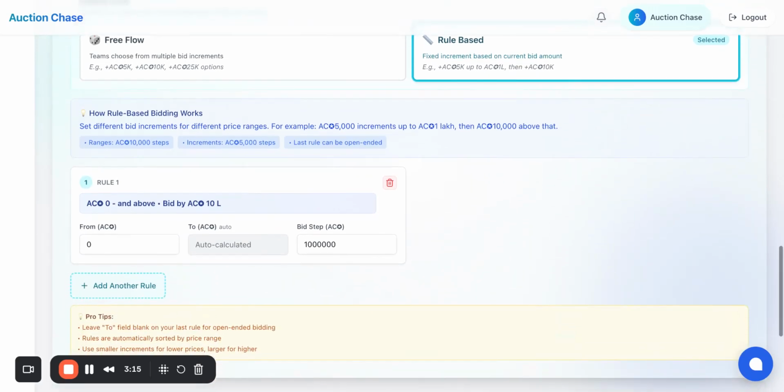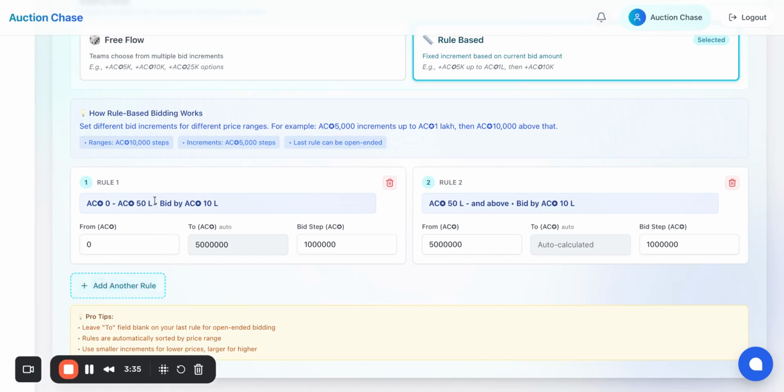If you want to set these rules, we are saying from 0 to some number, there is 10 lakh. For now my rule is any amount will always increase by 10 lakh. Now let's say I want to add one more rule. I will click on add another rule, and my rule is saying 0 to 50 lakh I will increase by 10 lakh, 50 lakh and above, I will again increase by 10 lakh. This is just a configuration. Now I want to change this configuration. Instead of 50 lakh, I will move it to, say,